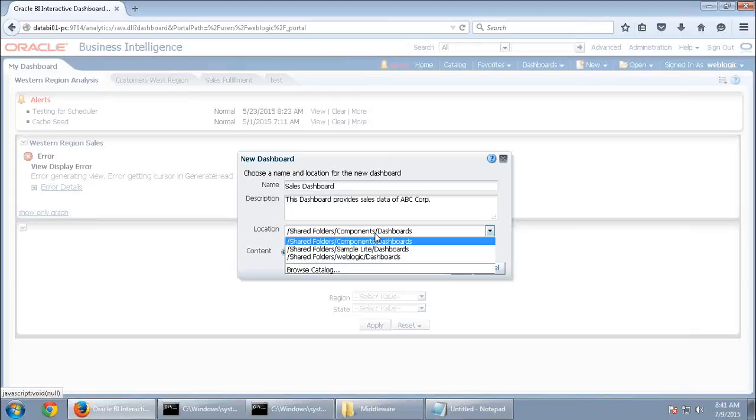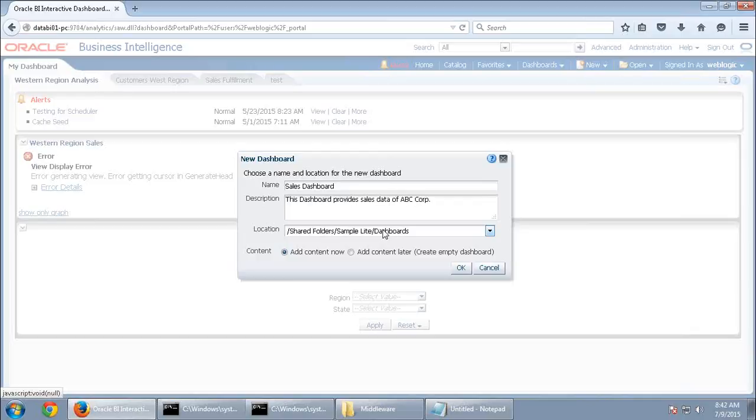A shared folder you can keep under different folders, under WebLogic or SampleNet. It is up to you. If you are creating it in a shared folder, you should have a shared analysis. That means even your reports or analyses should be present under shared folders, because if you create a dashboard in shared folders and pull a report from my folder, it won't work like that.